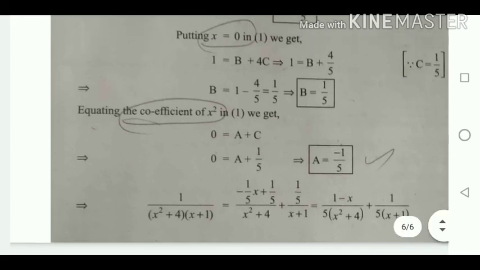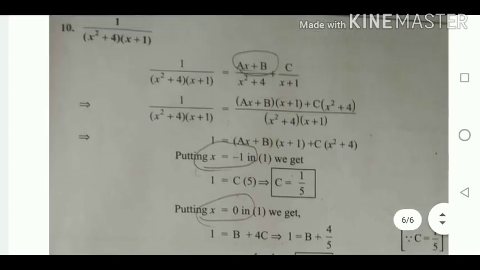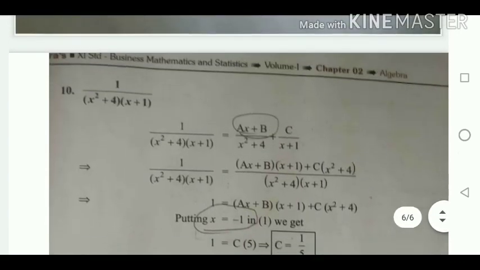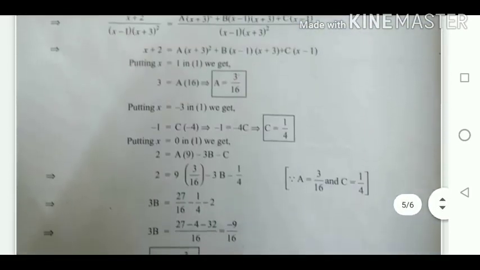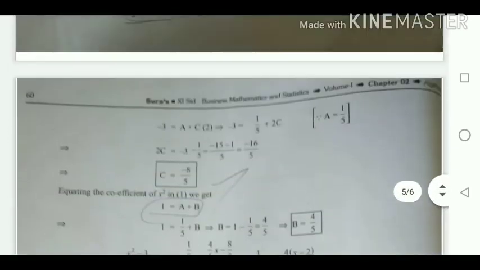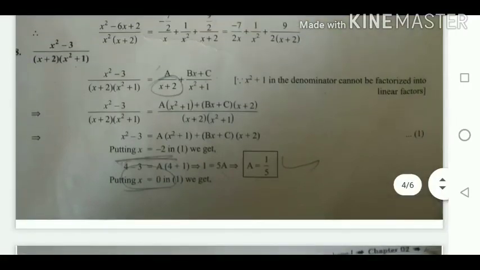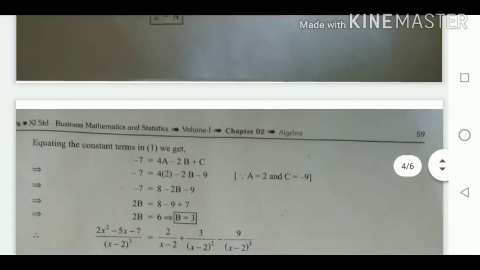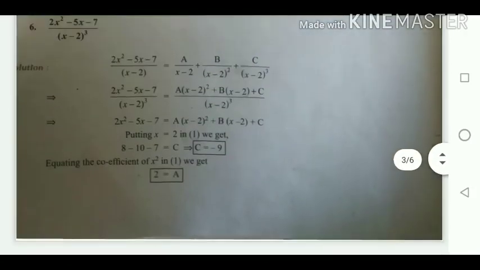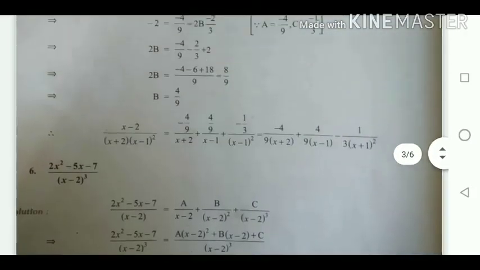Listen, you must do all the sums in your assignment note, that is in your school note. There are nearly 4 methods. I finished the 4 methods. In the morning session I finished the example sums. Now we finished the exercise sums. So do all the sums in your school note.